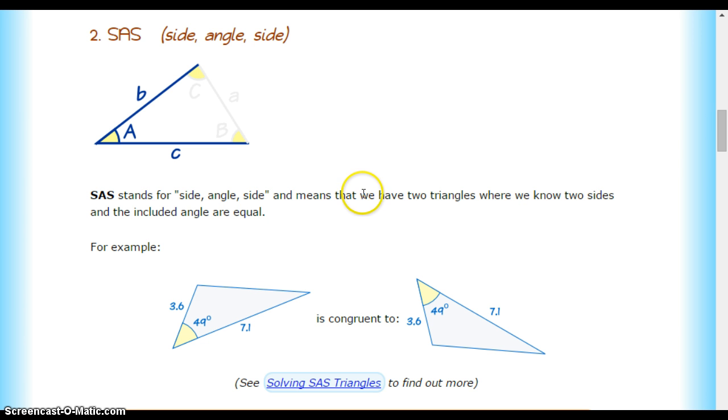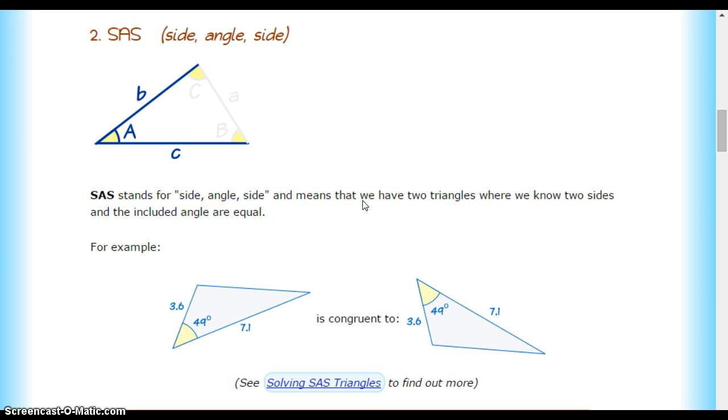I'm just going to read from here again. So when we use the SAS way, side angle side way, we have two triangles where we know two sides, and the included angle, so the angle which is sandwiched by the two sides, are